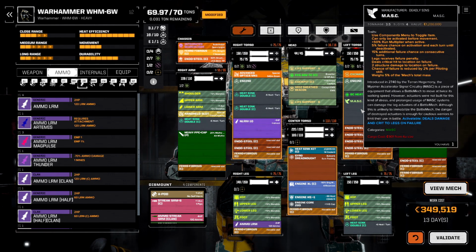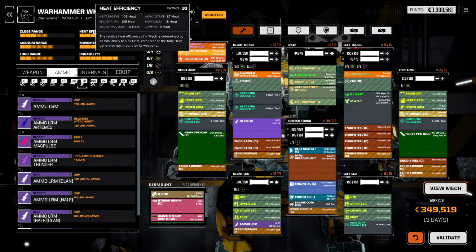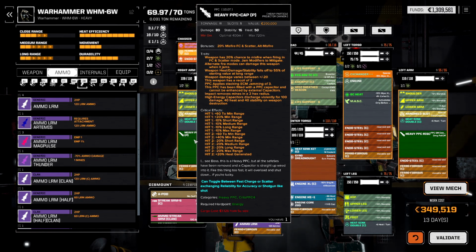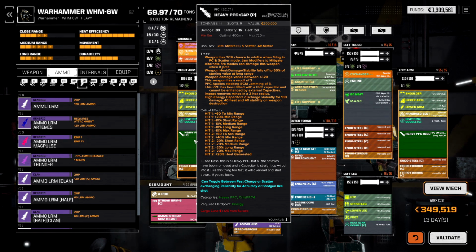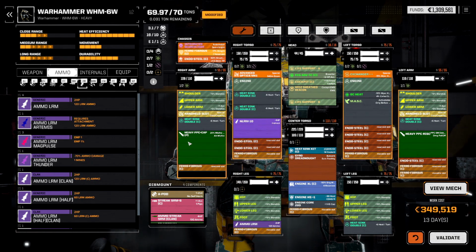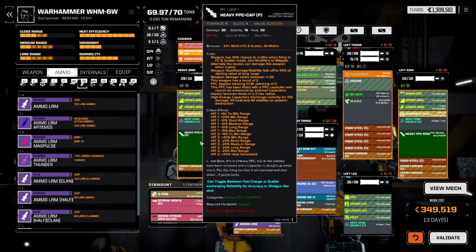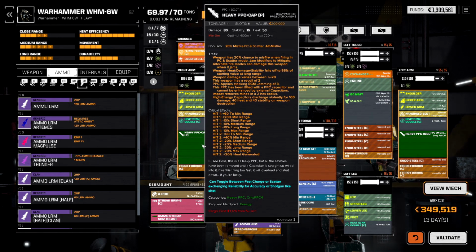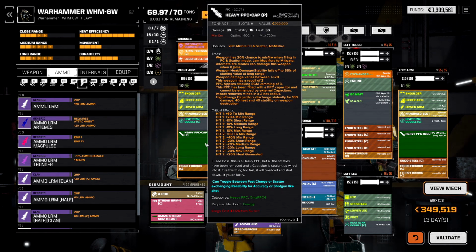Alternatively, I could also drop the mask at some point to change things around. And actually, we're way overcooling now. Unless the heavy PPC with capacitors' 50 heat is not including the capacitor. You know what? I'm fine overcooling until I see exactly how that works. Because I haven't actually run the heavy PPC with capacitor, I don't think. Or at least when I did, I didn't pay attention to it. It does say it has alternative firing modes, so...